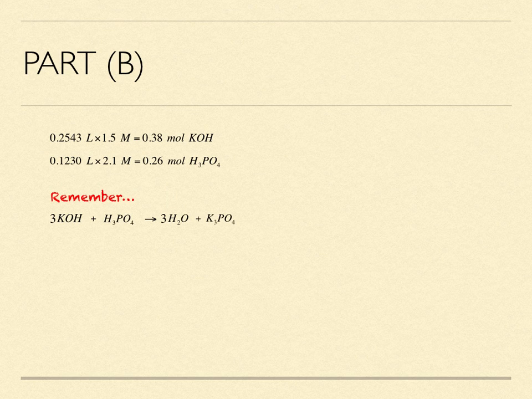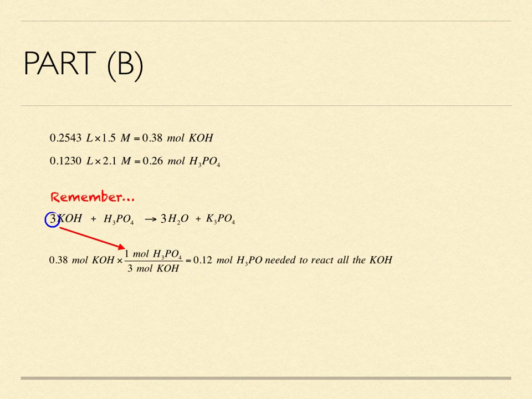In the second part, we need to determine the limiting reagent. Using the volume and molarity, we can find the moles of each of the reactants. These reactants, though, are not consumed in equal quantities. Using the stoichiometry of the reaction from part A, only 0.12 moles phosphoric acid are needed to use up all of the potassium hydroxide. Thus, because there will be 0.14 moles of excess phosphoric acid, potassium hydroxide is the limiting